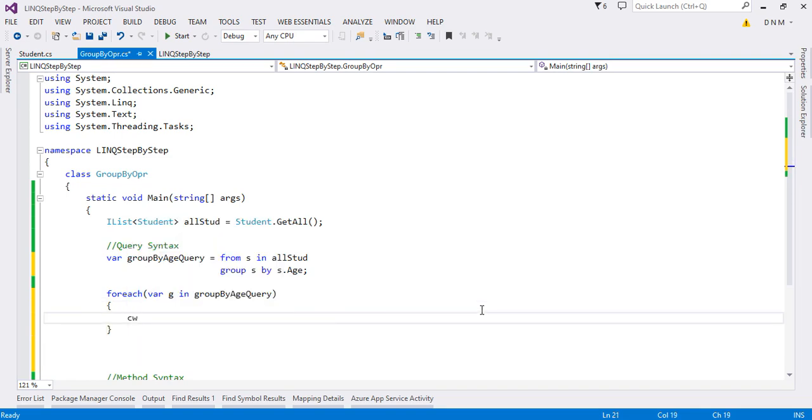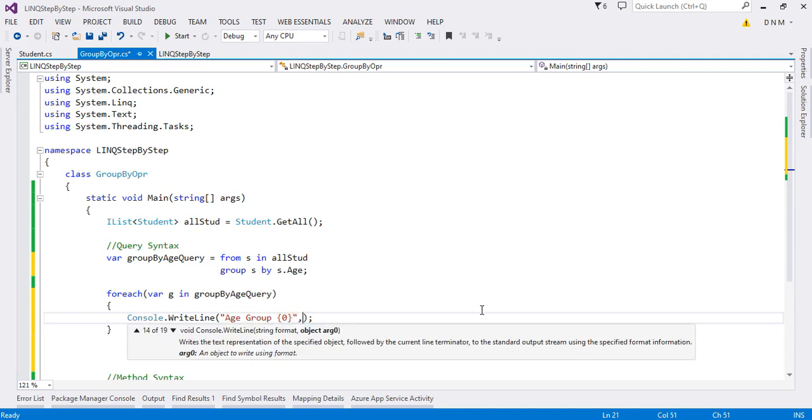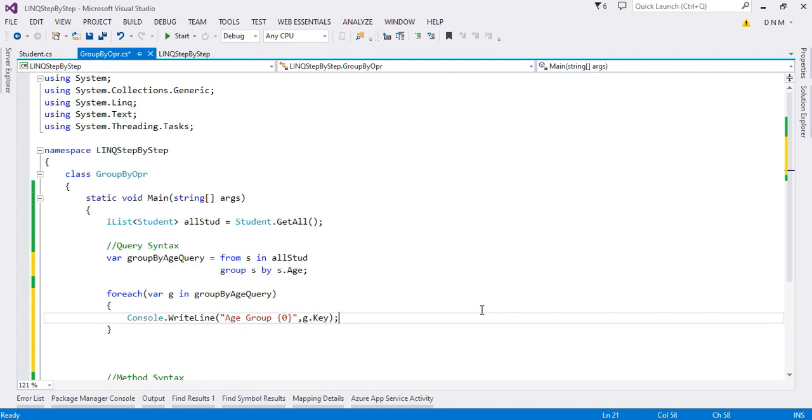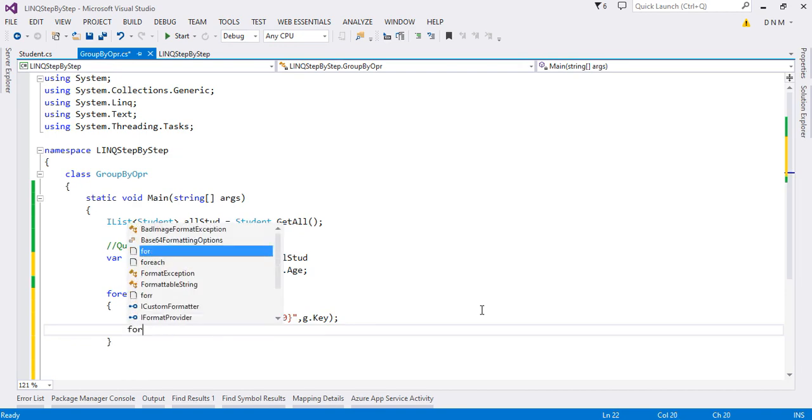So I'll say Console.WriteLine, age group, g.Key. You can get this grouping key, or grouping value, or grouping field in this Key property. So this will give me the age value, and then under that age there will be a student list, right? So for that also I have to iterate through a loop.